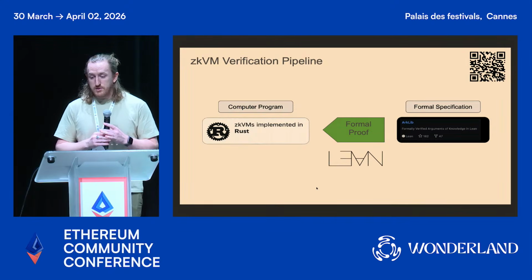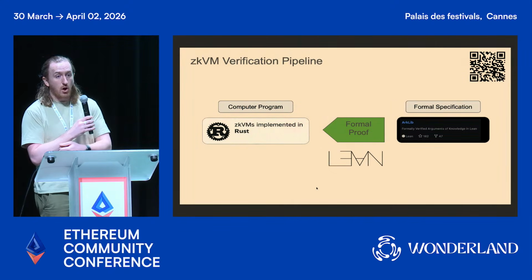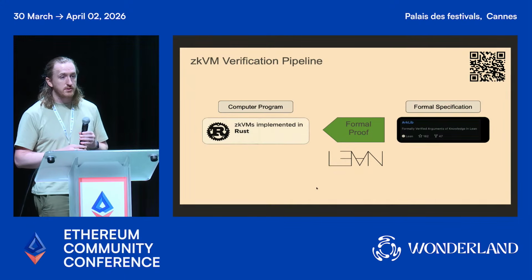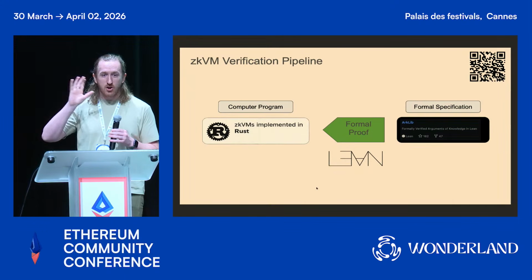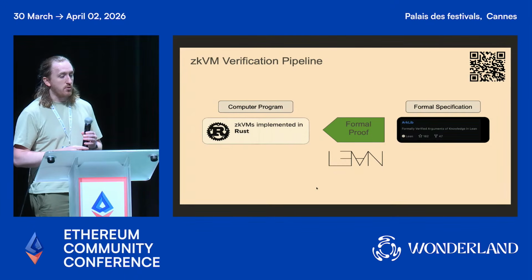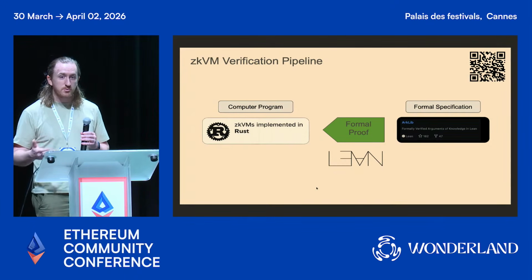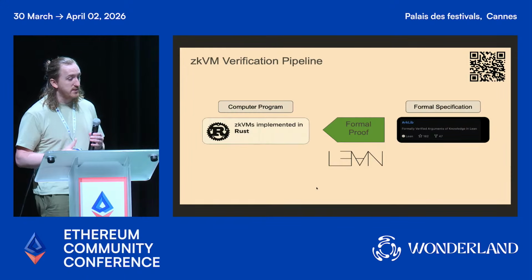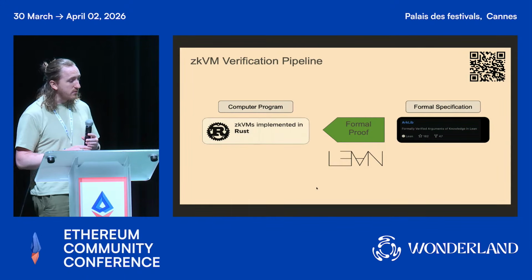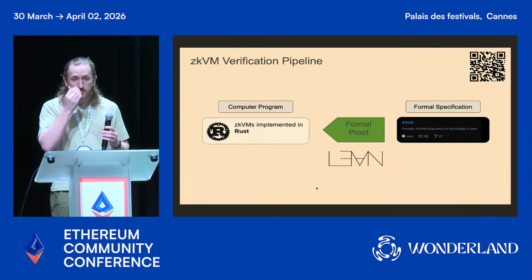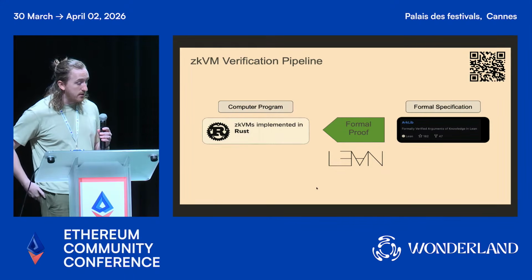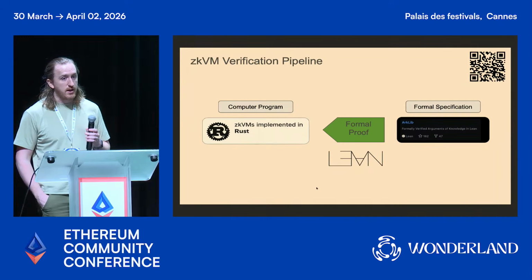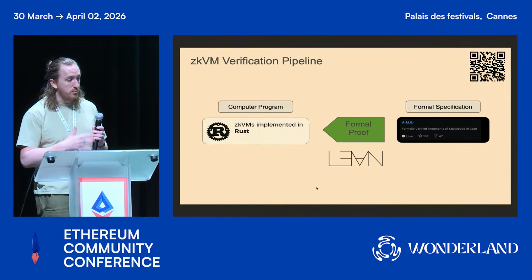So what is the goal, I guess, of having these ArcLib specs in Lean? The goal is to take zkVMs in the wild, written in Rust, the ones that will run in production, they're optimized, all the good stuff like that. And our goal is to formally verify the cryptography aspects to be correct with regards to our specification in ArcLib. So that will require some translation from Rust into a formal language like Lean, which is the one we use. So I guess that's one strategy, and we're actively working on that and making rapid progress and expect to be able to do this well.